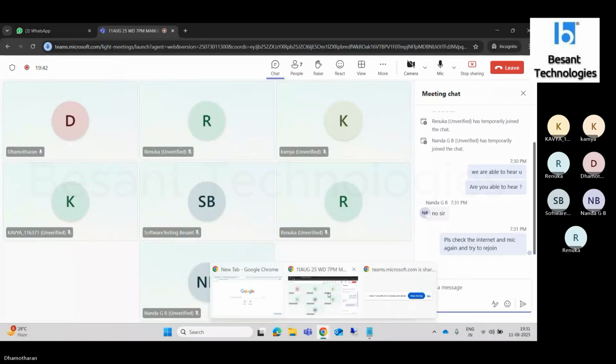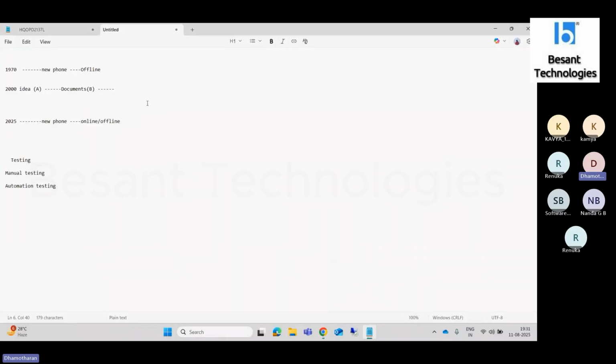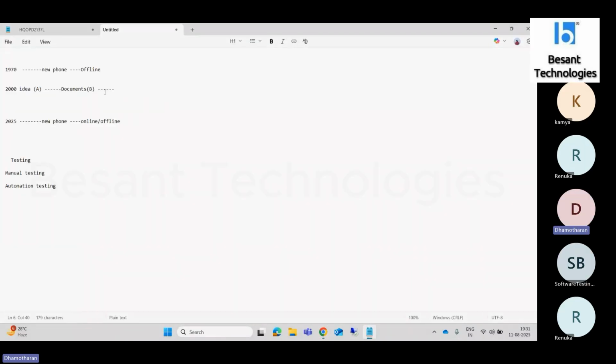Okay. So where did we miss? One person is documenting everything, whatever person A is asking, and based on that he is creating all the documents. The next person who is going to implement the application is writing everything.